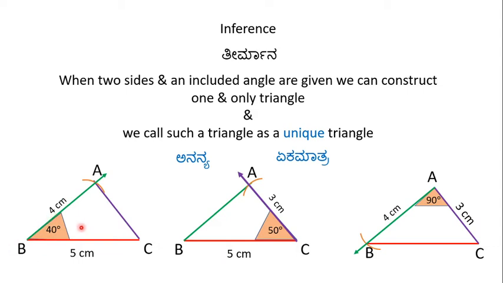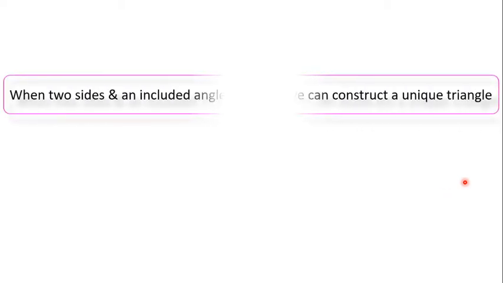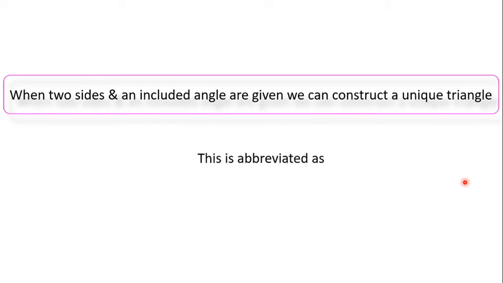any two sides, and if the included angle is given, here AC and BC with angle C is given, here AC, AB and angle A are given. So if any two sides and the angle between them are given, then we are bound to get a unique triangle, one and only one triangle, please. So final verdict, when two sides and an included angle are given, we can construct a unique triangle.